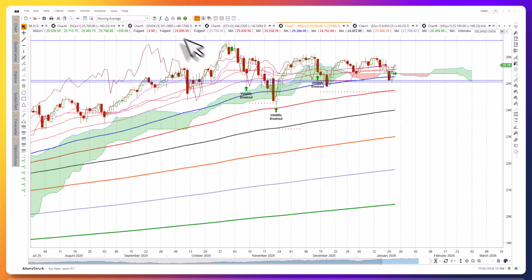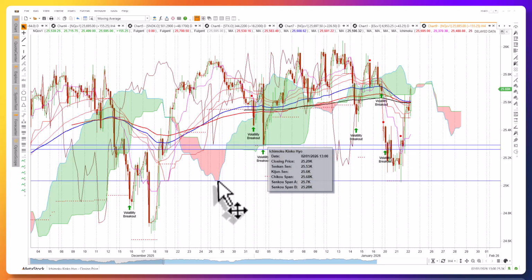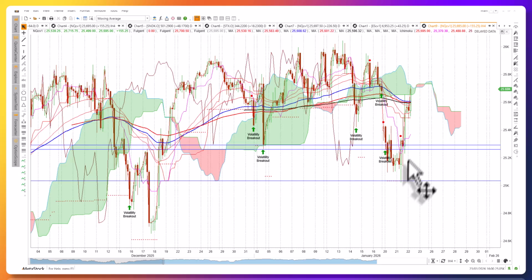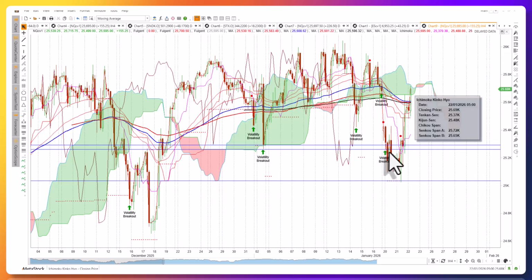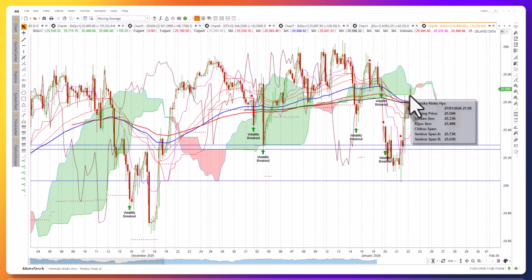Turning to the 4-hour Ichimoku cloud, we can see this correction when we sliced through the bottom end of the cloud there. We had a bit of a gap down, then found support here at this old cloud chart support zone, as well as the bottom end of this cloud chart shadow. We look back and we can see we had a fantastic rebound from that zone. Volatility breakout signal came through for us. Broke through the standard line of the Ichimoku cloud,